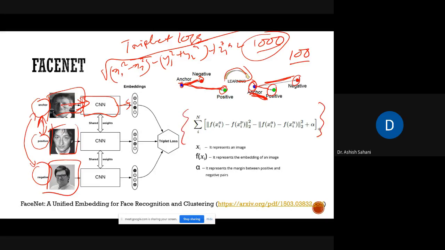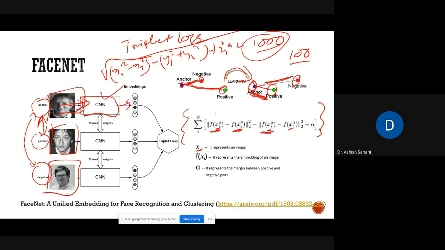The loss function for training this CNN is calculated using this formula, where xi represents an image. This is the anchor image, this is the image of the positive, this is again the anchor image, and this is the image of the negative. f of xi is the embedding produced by the anchor image, and likewise for the positive image; f is basically the embedding of that image.